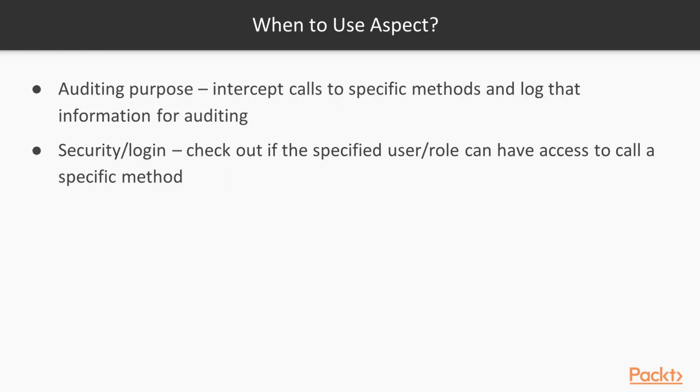When to use an aspect? It could be used for auditing purposes. We can intercept calls to specific methods and log that information for auditing. We can intercept if someone is calling some secret method, for example, or just when we want to log something. It could also be used to implement security logic. We can check whether a specific user, with a specific role, has access to call a specific method. We can even get an argument of the source method that is passed to the target method and do some checking